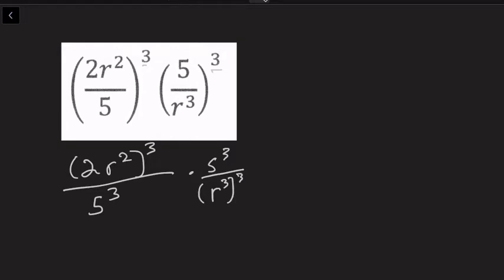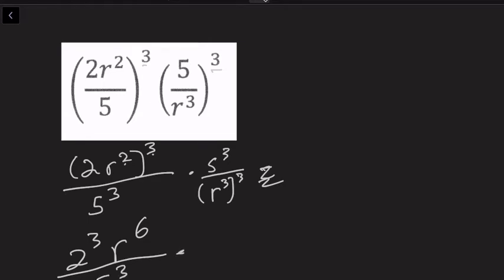So here remember that when we have an exponent raised to the exponent, you're going to multiply the exponents instead of adding them. So for this first one, it's going to become 2 to the 3rd. R 2 times 3 is 6, so it's going to be r to the 6th over 5 to the 3rd